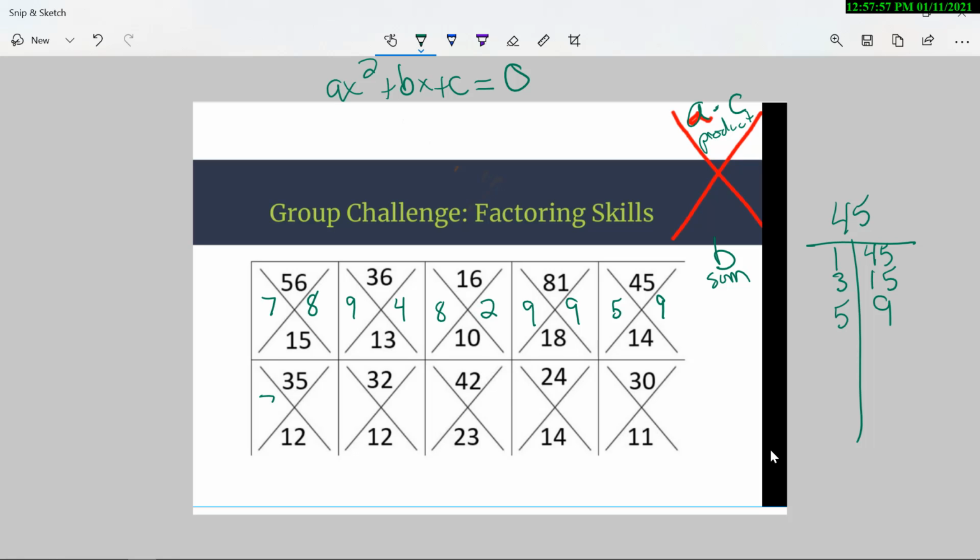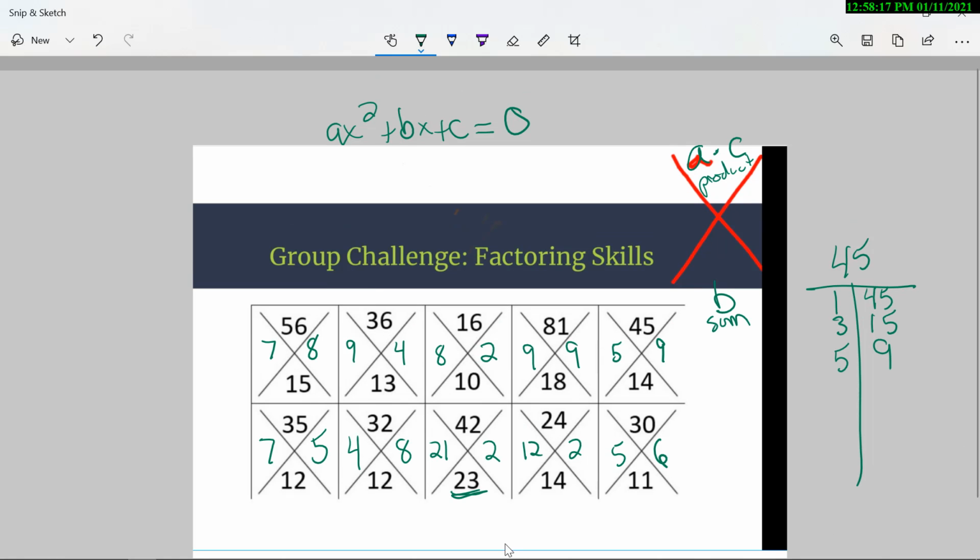35 and 12 is 7 and 5. 32, 8 and 4. 42, a little bit tricky, and 23. We want kind of big numbers, so it's 21 and 2. 24 and 14 is 12 and 2. And then 30 is 5 and 6. So those ones aren't too bad. They're all positive numbers. We're just multiplying and adding. However,